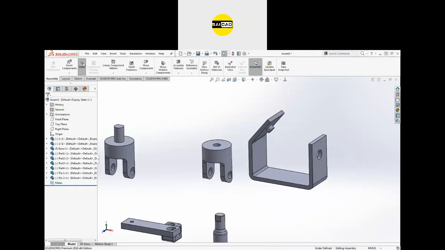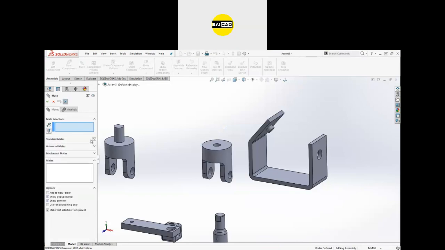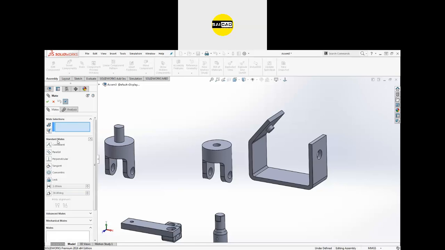So if you go to Mate, you can see there are three types of mates. First is the standard mate, second is the advanced, and third is the mechanical. So what is the difference? In the standard mate, you will just define the mate, like you can make this object concentric, make it coincident, make it fixed, make it at an angle, place it at a distance, or you can just lock the component. But in the advanced mate, you have some options where you can make the two parts symmetrical,